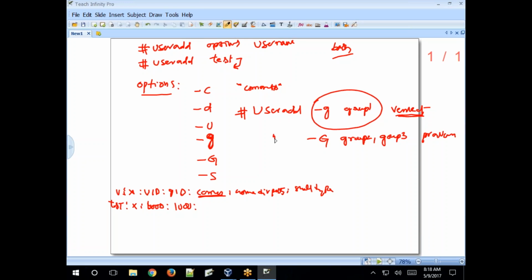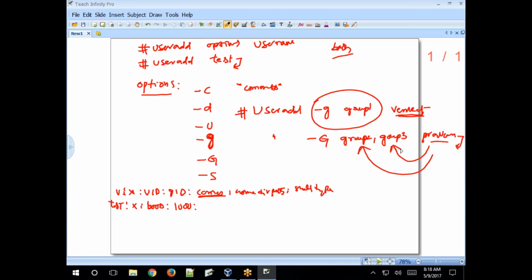After executing this command, here we specified two groups, group2 and group3. The user Praveen will be created, and one primary group will be created with the same name Praveen. The Praveen user will be added as a member in the additional groups, group2 and group3, along with its primary group.